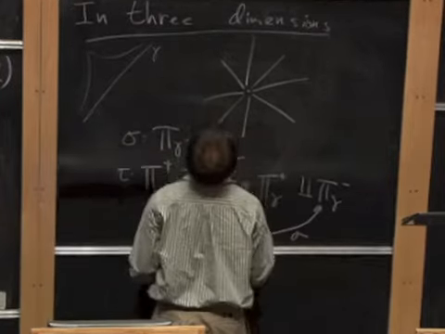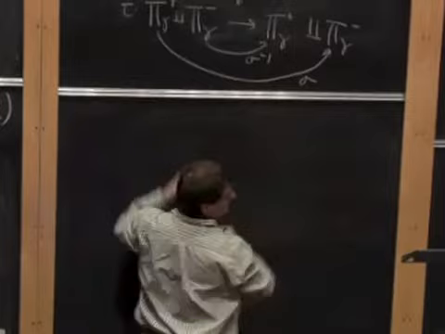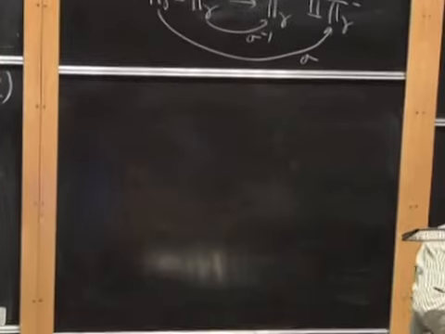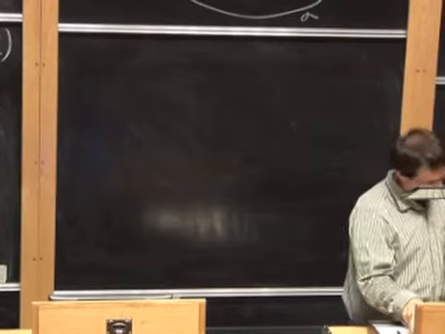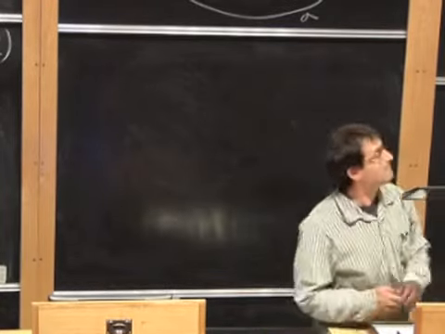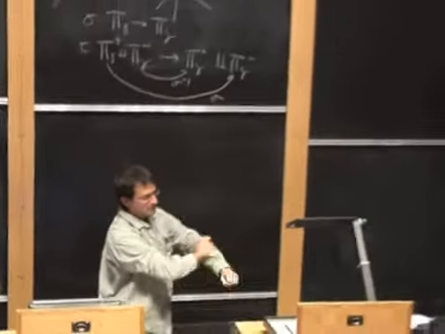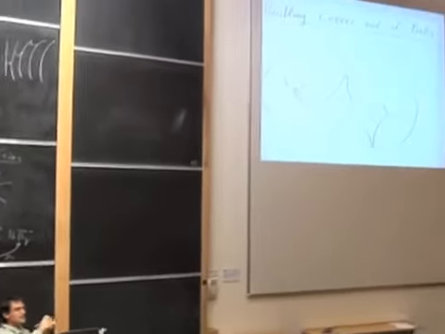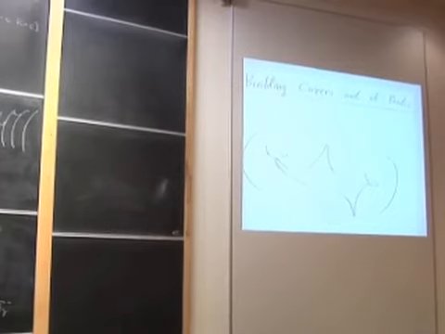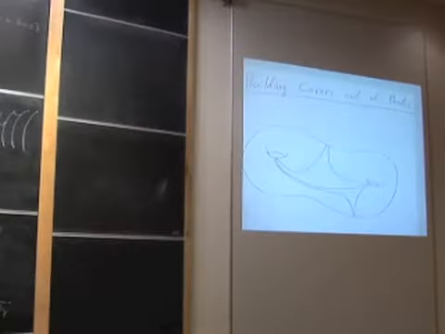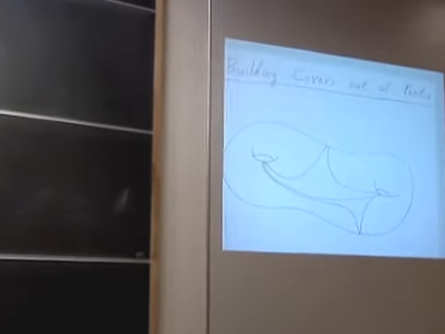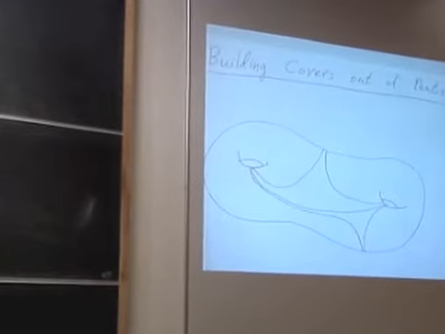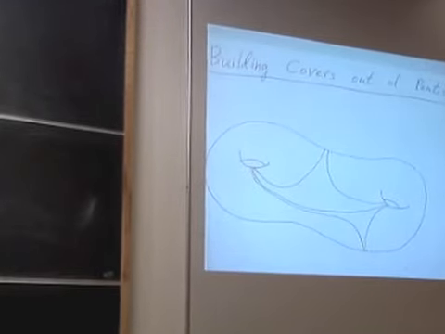But in 2 dimensions, we have this problem. Let's see. So in 2 dimensions, what are we trying to do? We're trying to take these immersed pairs of pants. It's very hard to draw a good immersed pair of pants on a surface, but the basic idea is that the pair of pants, right, there's a pair of pants way up there, but I'll draw another one over here. This pair of pants,